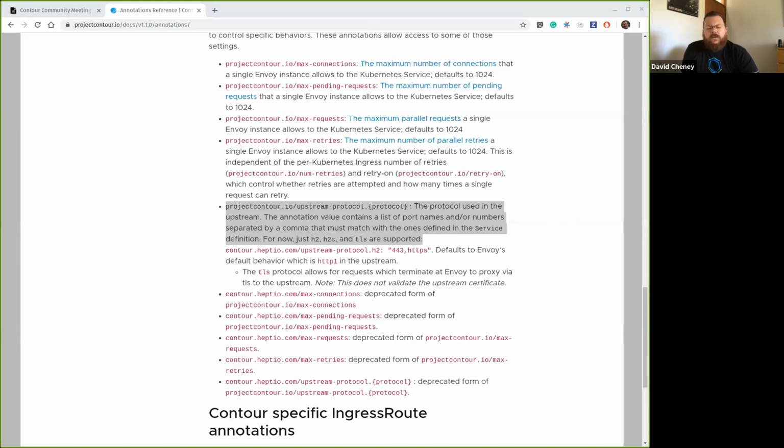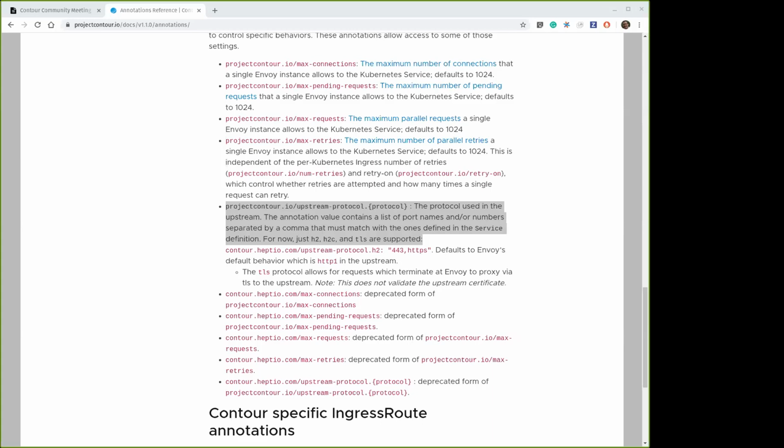I mean, we have tests that emit that configuration, but it exists because there are 3 options that were supported by Envoy. So we directly expose those as annotation names, protocol names. H2 and H2C are ALPN protocol names. TLS, I don't think is an ALPN protocol name, because obviously, I guess it can't be. Yeah. Let's summarize it and say not a great deal of thought was put into choosing the name.